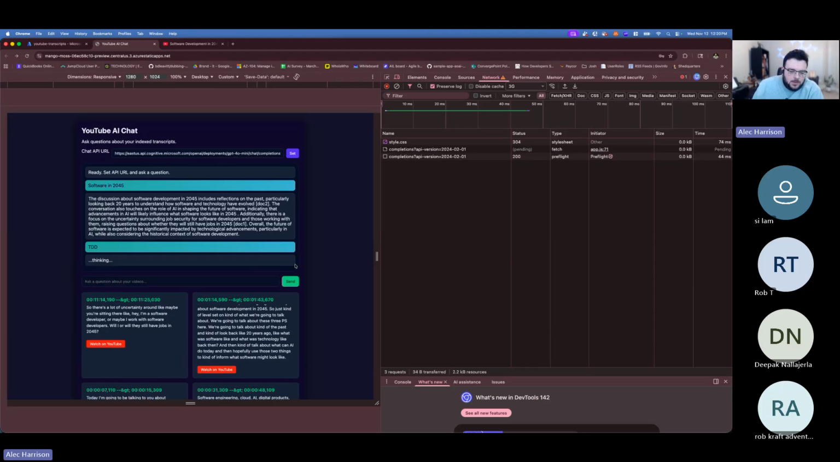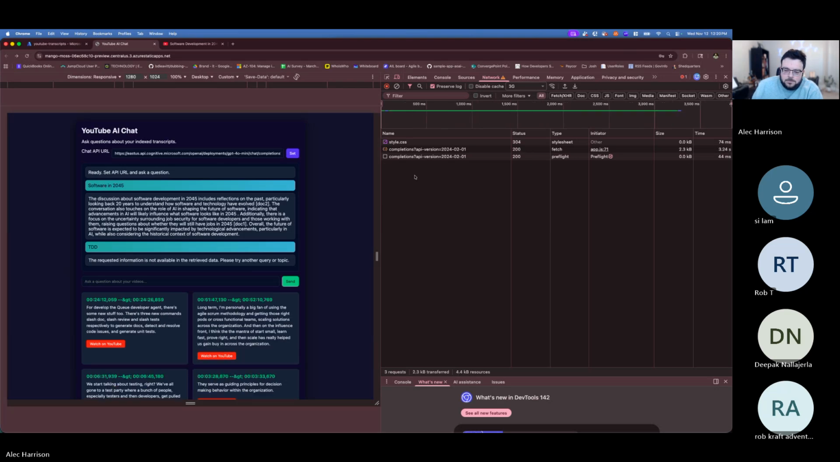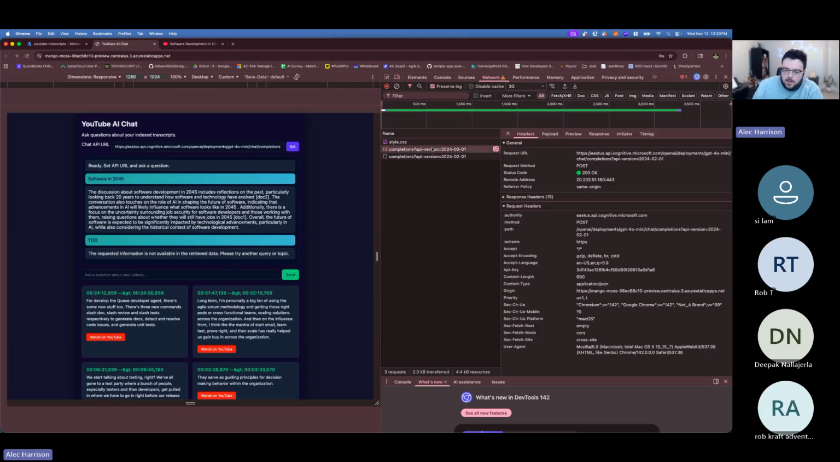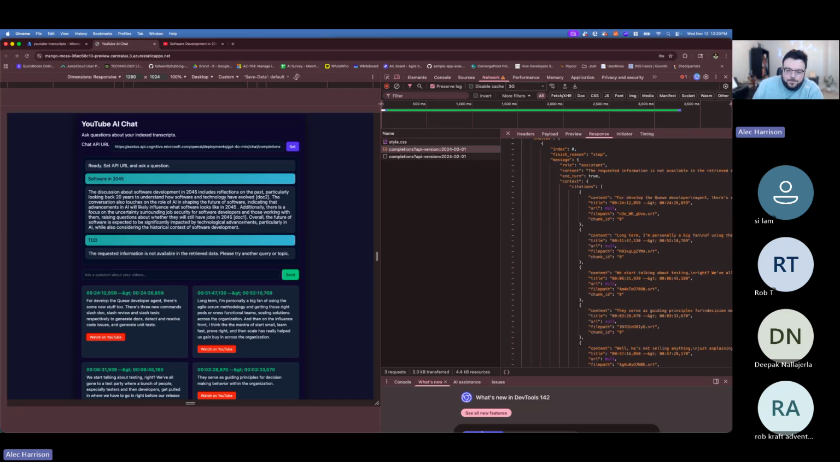LT likes to talk a lot about TDD, so let's see if we find something in there about that. Talking about testing, been a fan of using Scrum. It doesn't feel super confident about this topic. That's what that message means. But if we go back here to completions, and we look at the response,